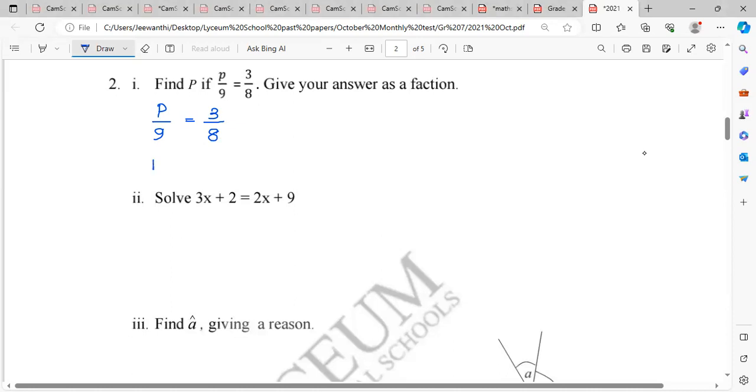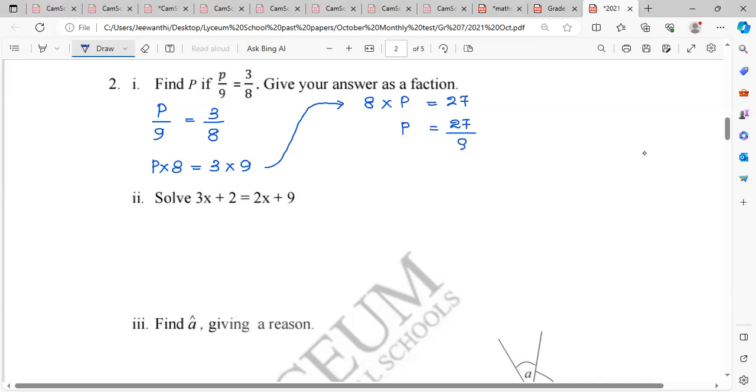So how are we going to do that? P you multiply by 8 and then 3 you multiply by 9, cross multiplication. That is, one numerator multiplied by the other denominator, and the other numerator multiplied by the earlier denominator. So then I'll bring the sum here as I don't have the space. So then I have 8 times P equal to 27, and that the P is equal to